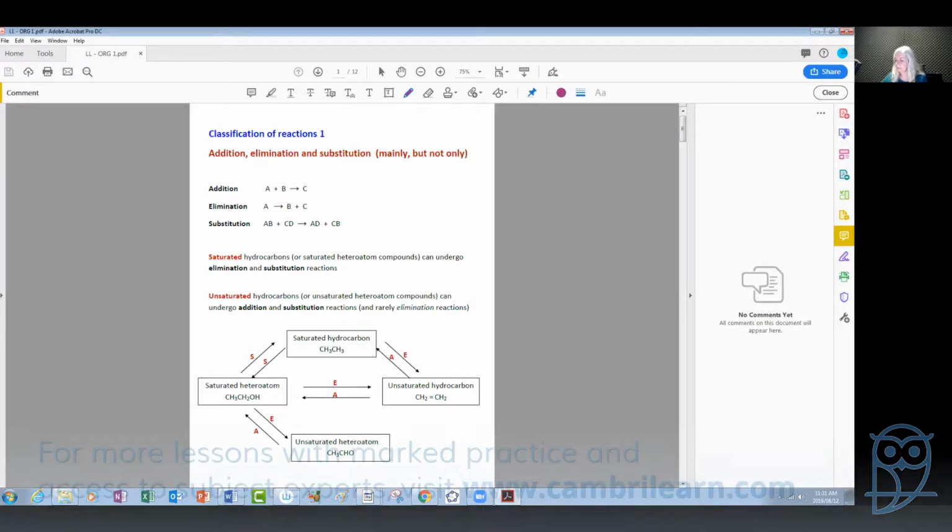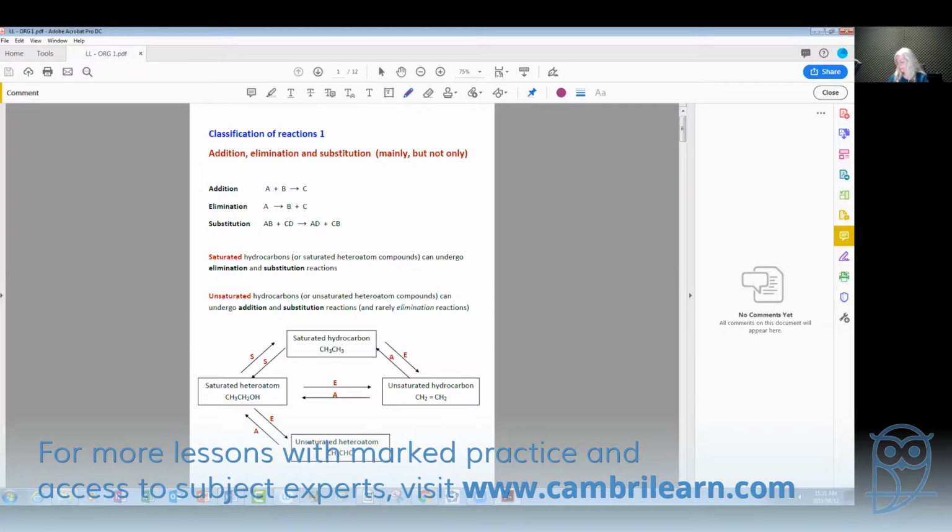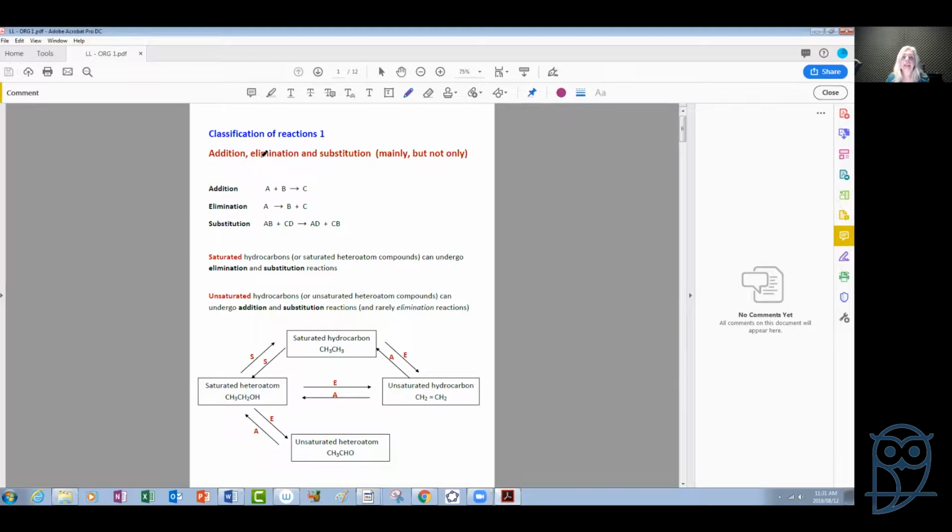So let us begin a new topic now, in which the aim is to try to understand the mechanism of organic chemistry reactions. There are different ways to classify reactions in organic chemistry. And the first one, which I have here now on this page, is a classification in terms of the changes that happen in the molecular structure of substances that participate in